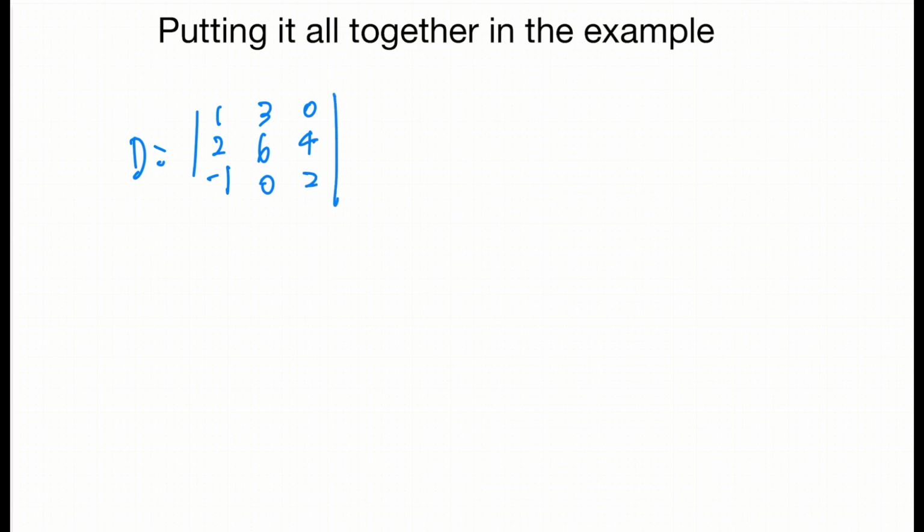So there's the matrix that we started with just a few minutes ago. We want to calculate the determinant of that. Now, since we went about the first element, that first element in the row, we have a 1, and since it's in the plus position, it's going to be a +1. And then we have the determinant of 6, 4, 0, 2, because we blocked out the first row and the first column. Now we add to that